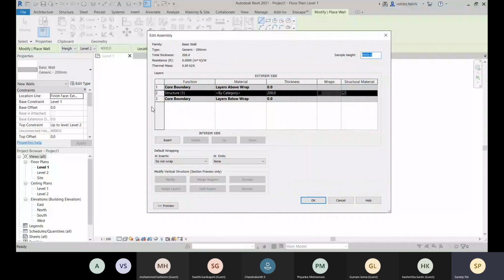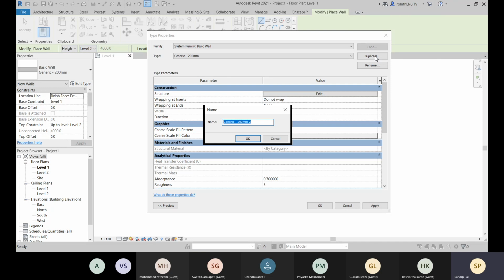If you go to its edit type, right now it has only one core layer, right? That is why it is generic. Now let me duplicate it. I will name it exterior wall, so EW, I'll name it like that.